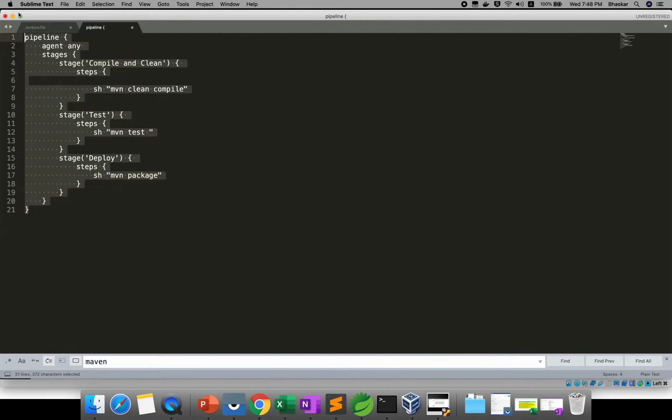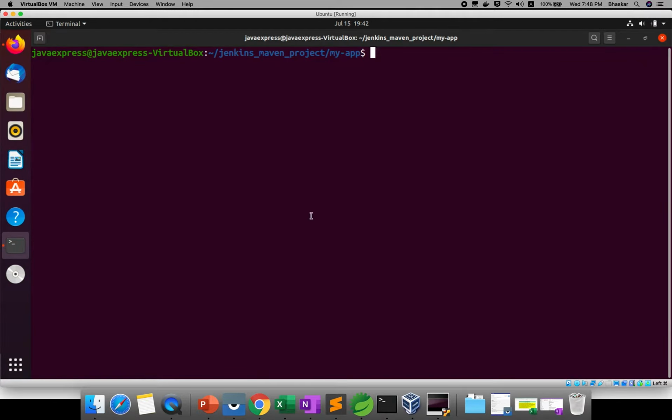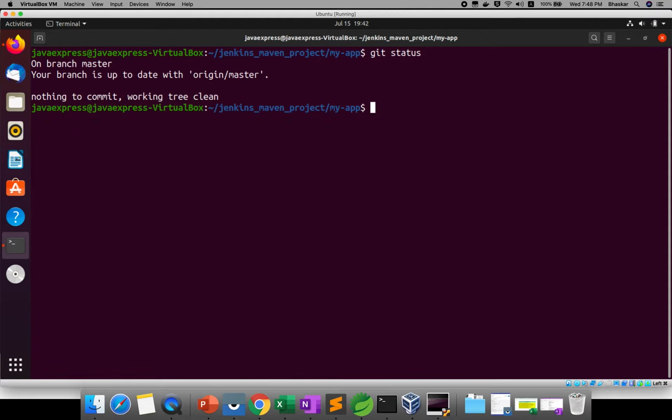Now just copy it and go to your git repository. Where is your git? Here, this is your git, right? If you see git status, right now there is nothing. You can create one file, Jenkinsfile. The file name is a recommended name, so you don't change this file name. If you change it, you need to do some other actions also. Right now use the same file name, and it should be at the root level of your project.